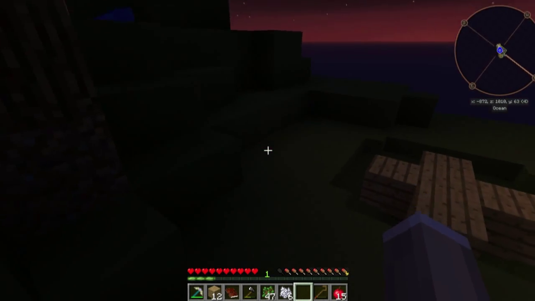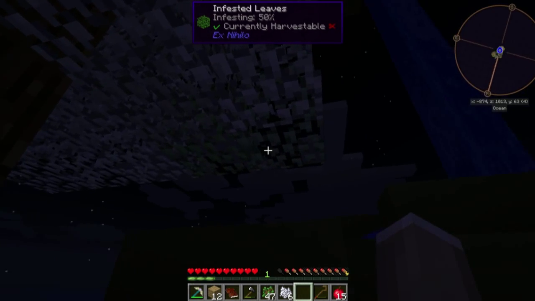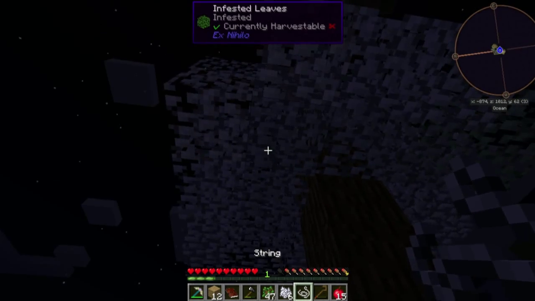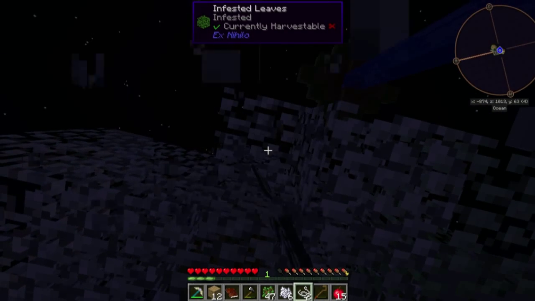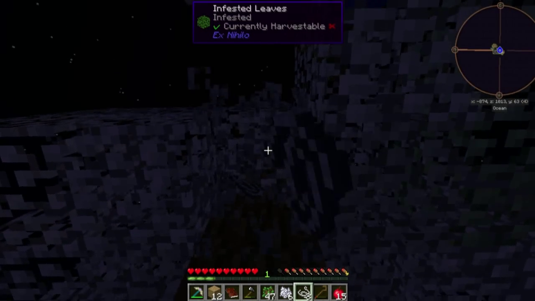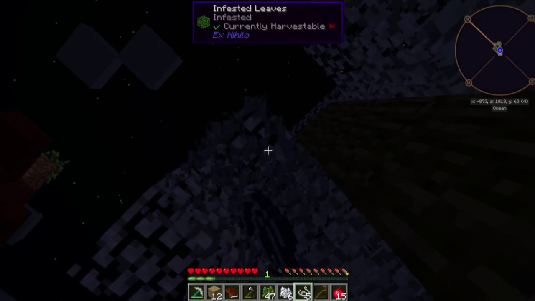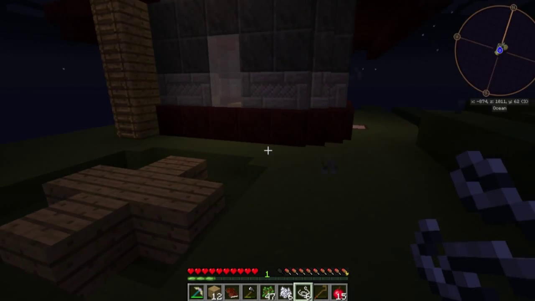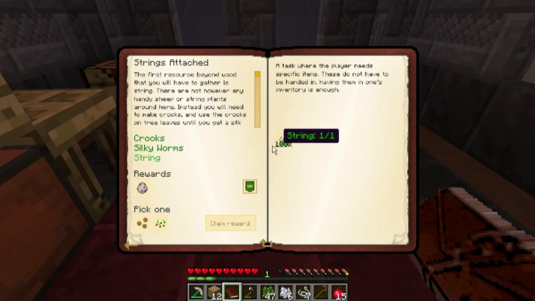But as you can see, our infested leaves have almost completed. These last little bits are gone. Oh, a string on the first one. That's so much better than the last one. I had to break a bunch of them in order to get tons of string. But as you can see, these things drop string, which is excellent because that is exactly what we need. We can make things and...